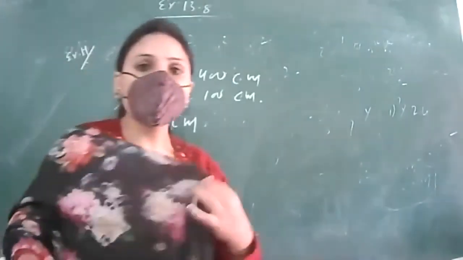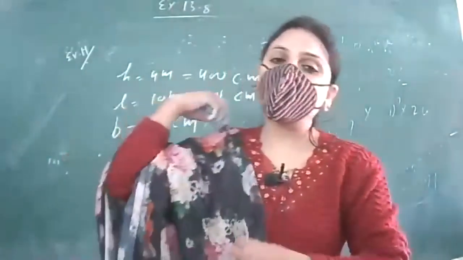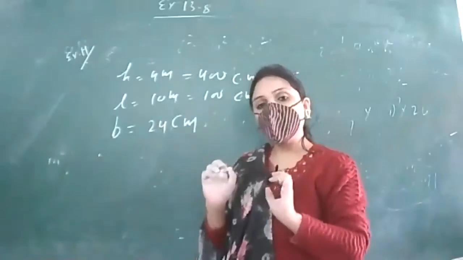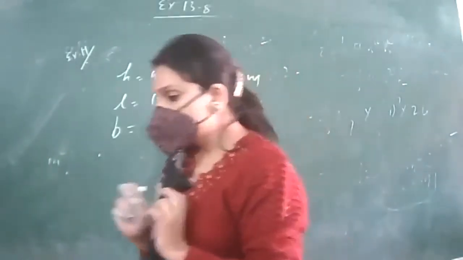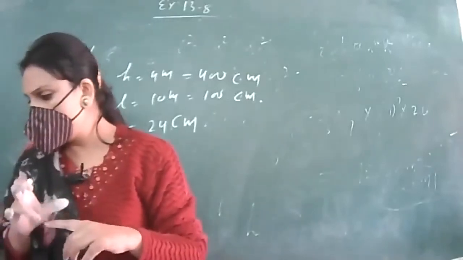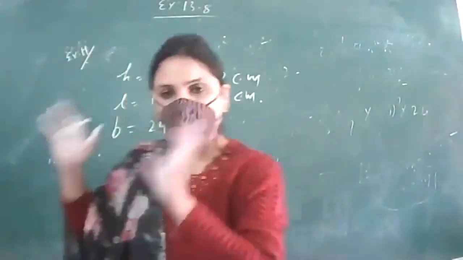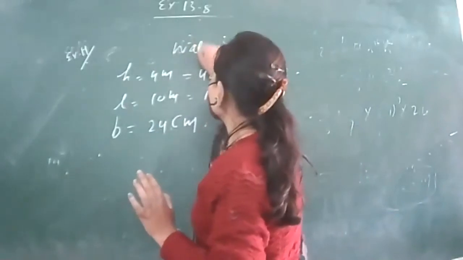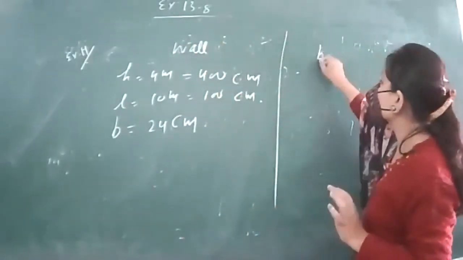A wall of this dimension has to be created around the playground. Further he says, if the wall is to be built with bricks. That was the dimension of the wall. This wall is to be built